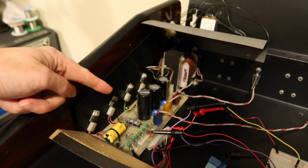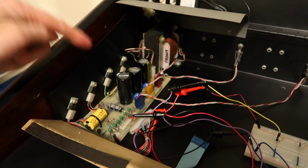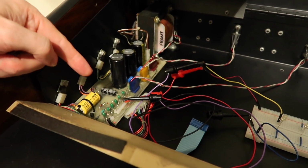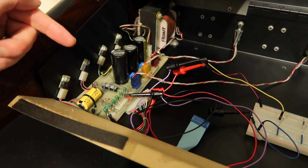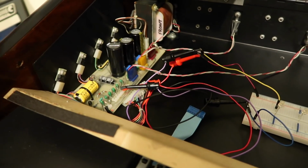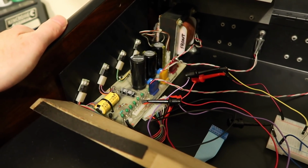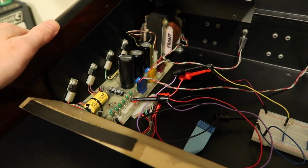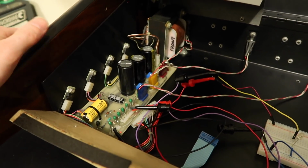Now, if you replace this analog supply with a switch mode supply, the switch mode supplies turn off faster. So even if you recreated this circuit, you're not going to have the same amount of time available to you, because the capacitance, generally speaking, in switch mode supplies is a lot less. So you'd need to modify this reset circuit. And in some cases, it won't even work. So I'm a big fan of the old analog supplies for old analog synths, because we can do lots of cool stuff like this. Because we've got so much time,